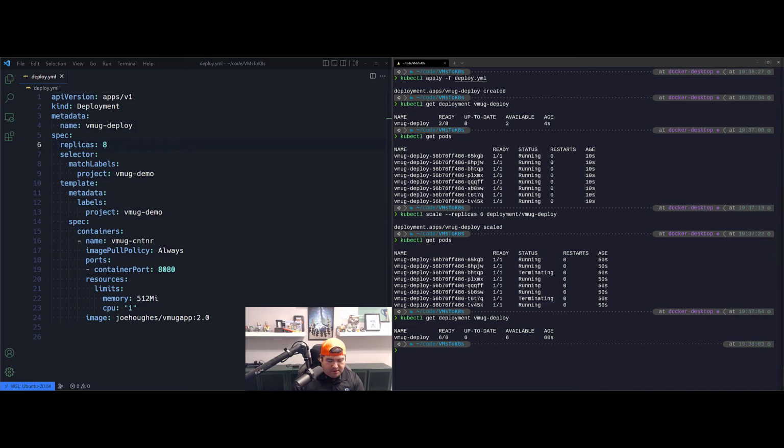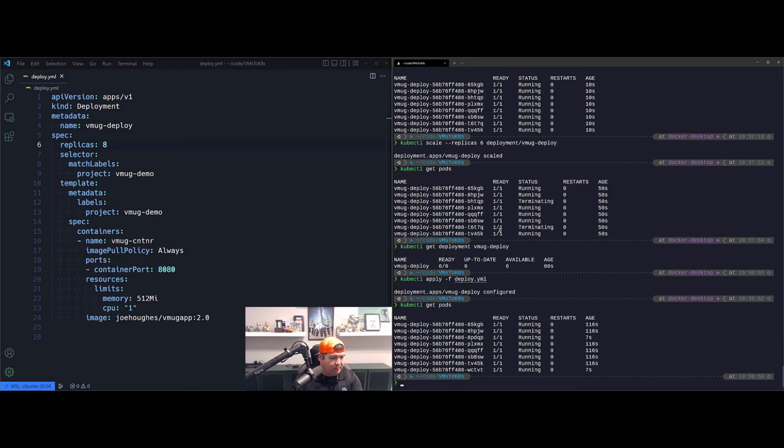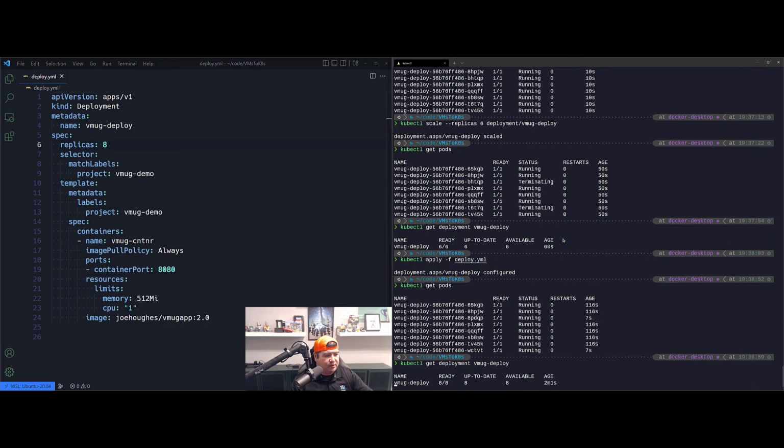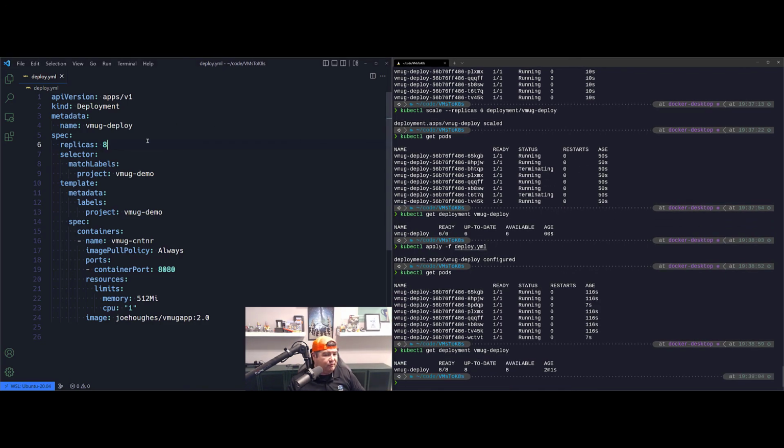So now if we update the deployment back to 8, we modify this again, we can reapply our file, right? And we can now see again deployment configured rather than deployment scaled. If we go look at our pods, we should see that we are getting back up to 8 pods that are running. And if we look at our deployment again, we are back to the original 8 that were defined in the config file itself rather than modifications at the command line.